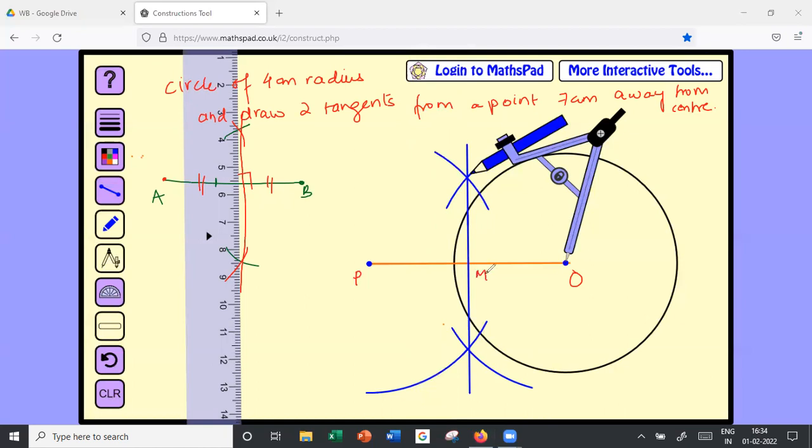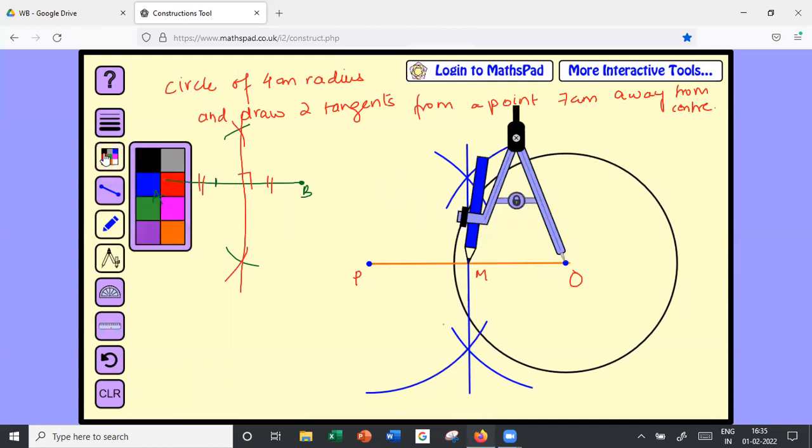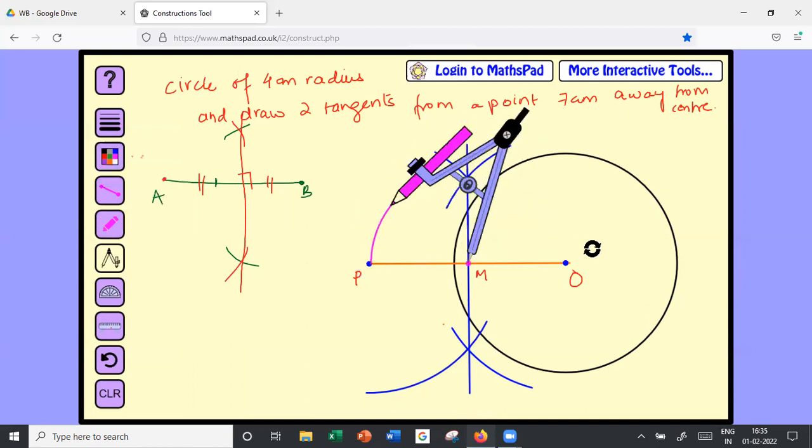This point has to be labeled as M. Now take your compass and take the radius as OM or PM, whichever. They are equal, right? Take it as OM. Now I'm going to take my radius as OM. Okay, perfect. And I'm going to take another color and you draw a circle from point M. Basically your circle should pass through both these points P and O. For that, this whole procedure was done, to find the midpoint of the circle.